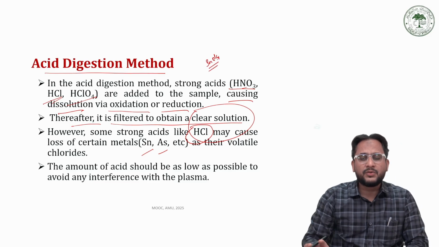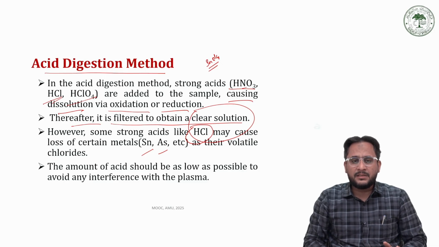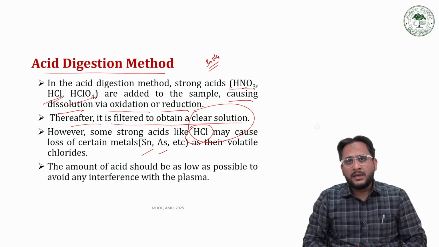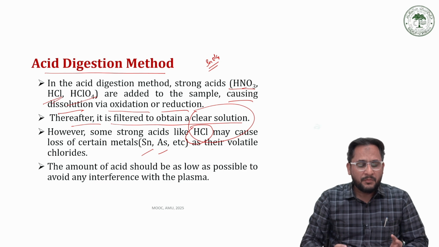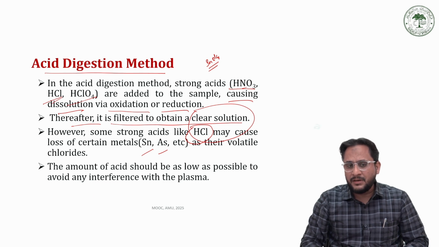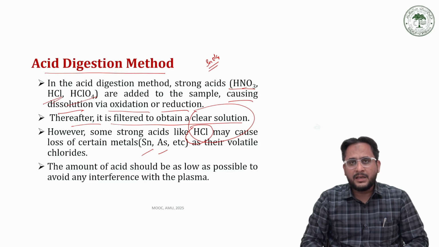When Sn is treated with HCl, it forms stannous chloride or stannic chloride, and these chlorides are very volatile and they evaporate. Ultimately the sample is lost. Therefore we have to be very cautious that if our sample has some history of tin or even As, then if we are using the acid digestion method, of course we can still use it, but